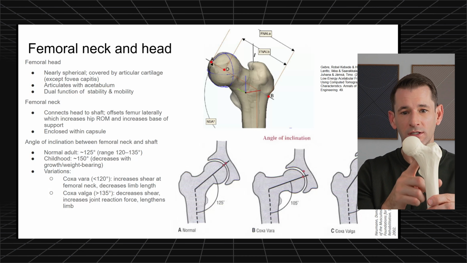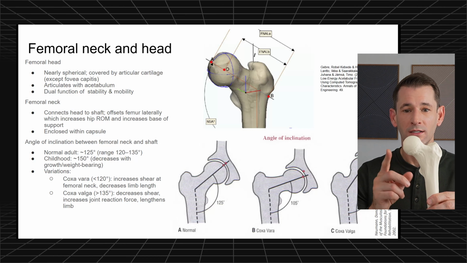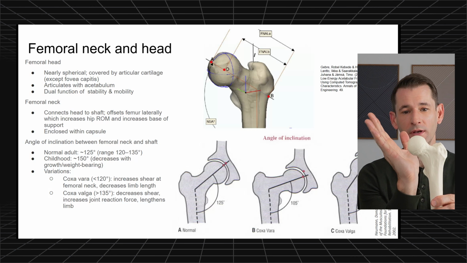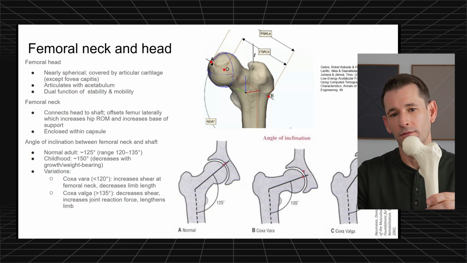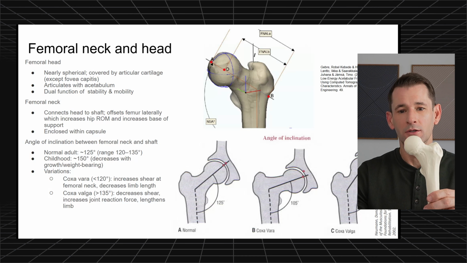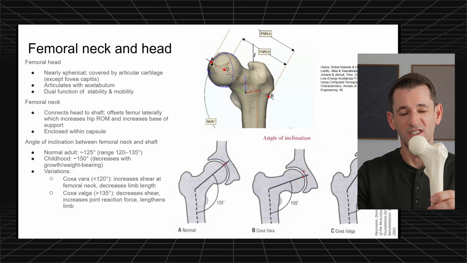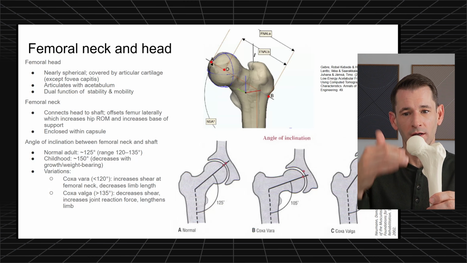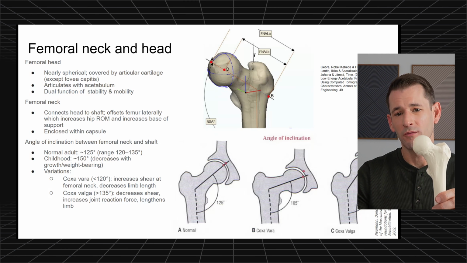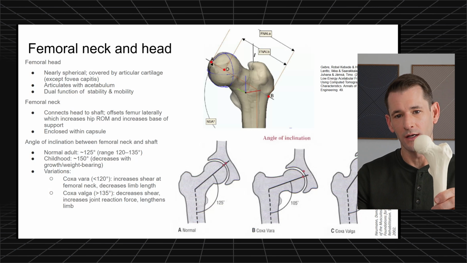So you're increasing the stresses on that femoral neck with that coxa vara. Coxa valga is the opposite. Now we have an increased angle, so we have a more vertical femoral neck. So that's going to increase the shear forces on that joint itself. It's also going to increase the forces on the superior part of that femoral head during weight bearing. It also might lengthen that limb a little bit. So if you had coxa valga on one side and not the other, you might see a leg length discrepancy